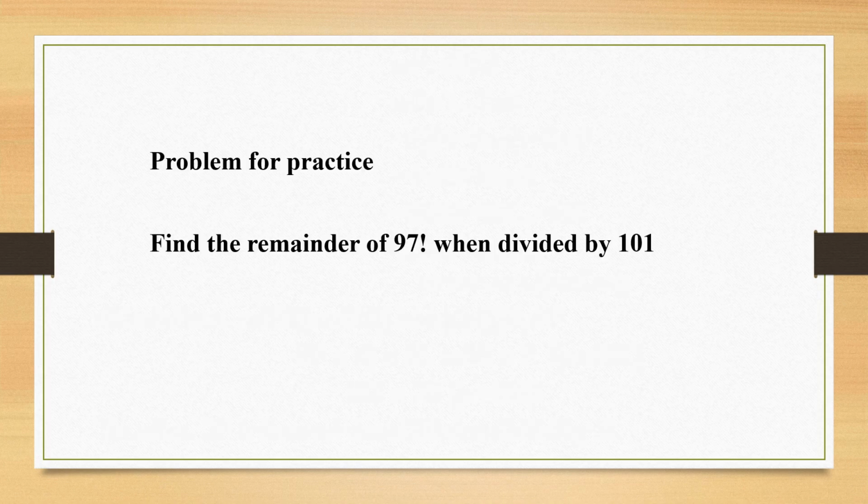I hope you understood. This you can try, same concept, same methods. Find the remainder for 97 factorial when it is divided by 101. So 101 is a prime number. So again we can go ahead with the Wilson theorem. P minus 1 factorial is congruent to minus 1 mod p, etc. Just try to simplify it. Try to bring it as a closer factorial number and repeat the same steps. You will get the answer.